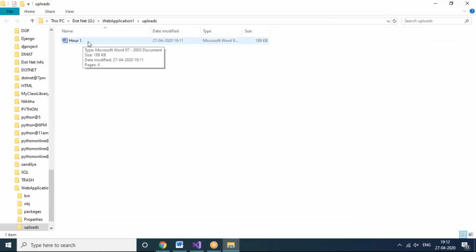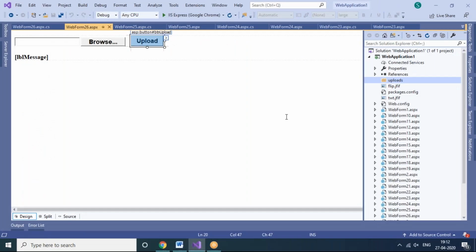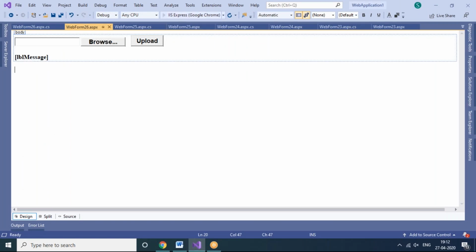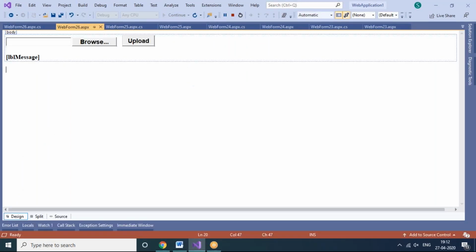Now you can see, is the hover1 document uploaded or not? Yes, it has been uploaded successfully. Today's date is 27/04/2020, it's successfully uploaded. But the problem in this example is what actually, whenever I'm trying to execute again,